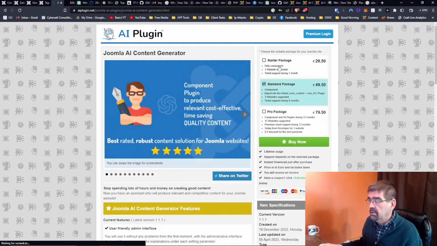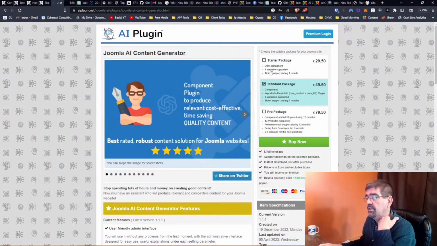Daniel's plugin has a starter package, one website supported, only the component, 29 euros. Standard package, component, import into article, the Com Content and Com K2 plugin, 3 websites supported, ticket support during 6 months. And the Pro package, which is 12 websites supported, component and all plugins during 12 months, premium email support, set up from developer for 1 website, and a 5 euro discount for next purchase. Okay, so